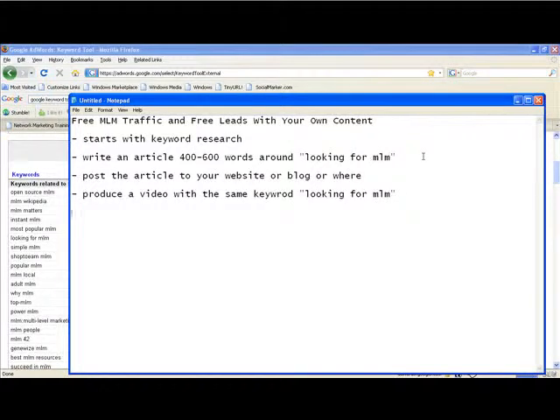All right. So you're going to have as a basis an article and a video for your pieces of content. I'm going to show you how to tie everything together here real quick. So you've posted your article on your website. You've produced a video, and now go ahead and post the video on YouTube. There's a bunch of other sites, but I'm just going to list YouTube right here. Post the video on YouTube, and this is a key point here. Include in the comments and text with the video